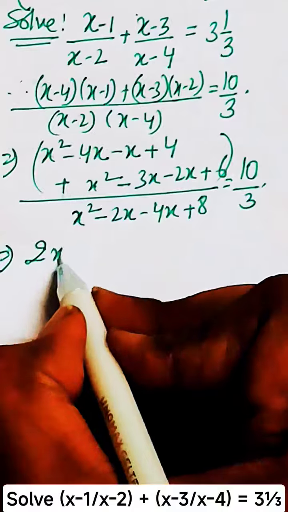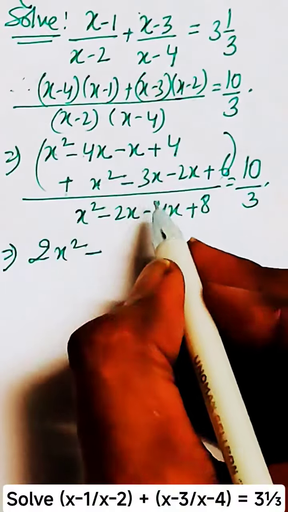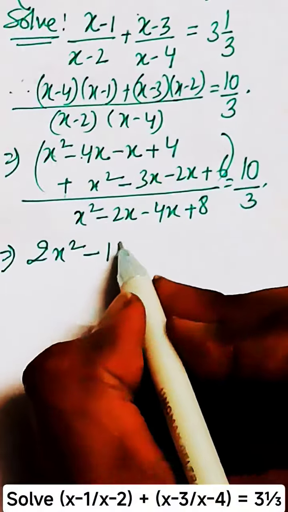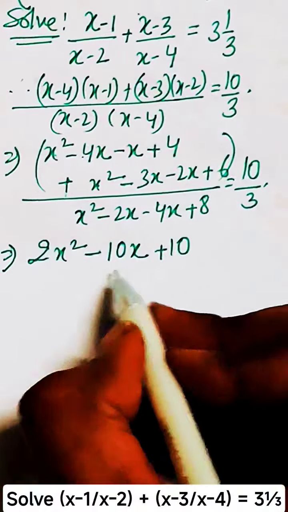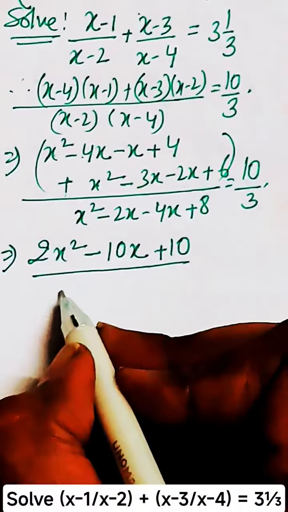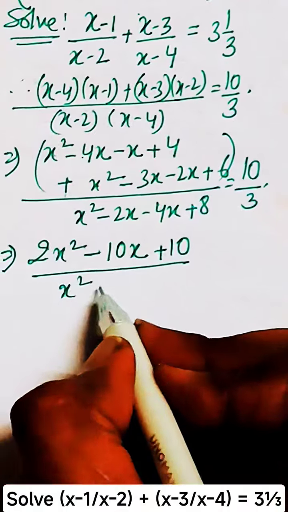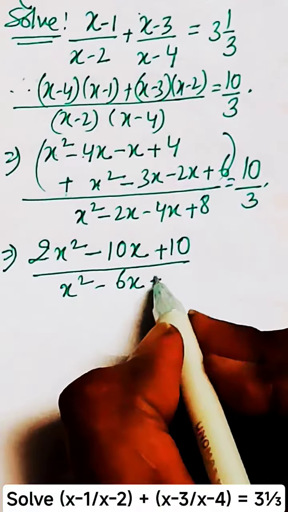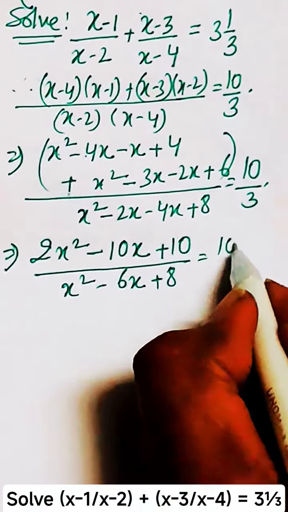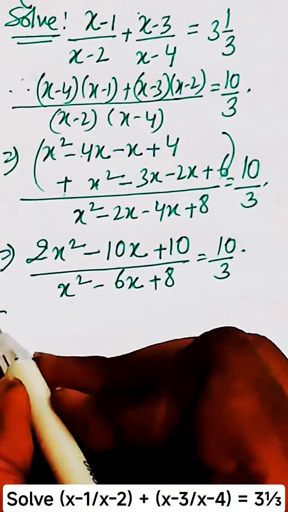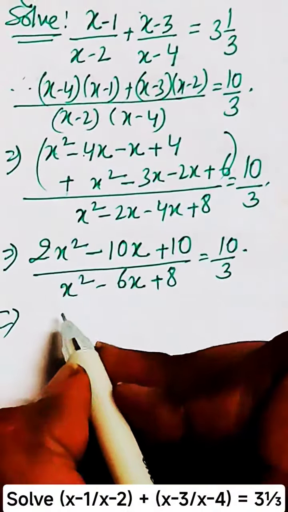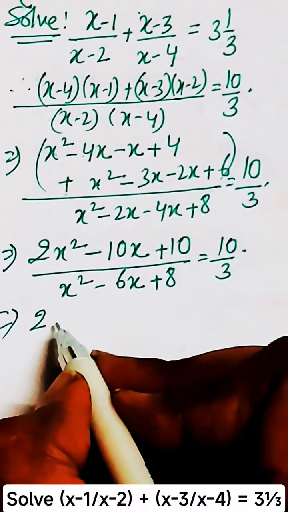So x square plus x square will be 2x square, and minus 4x minus x minus 5x minus 3x minus 2x, that is minus 10x, plus 10, divided by x square. Here also minus 2x and minus 4x will be added, and this will be minus 6x plus 8, equal to 10/3. Now you can just cross multiply,